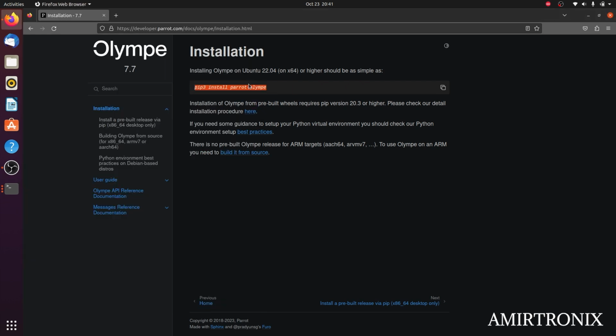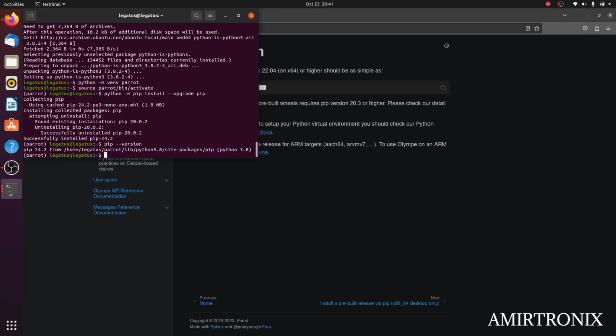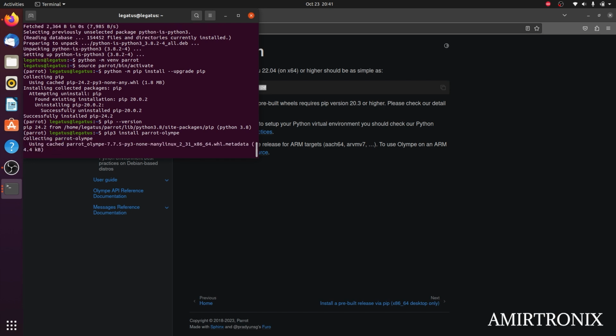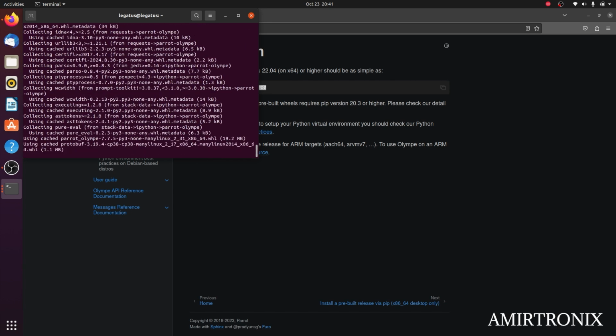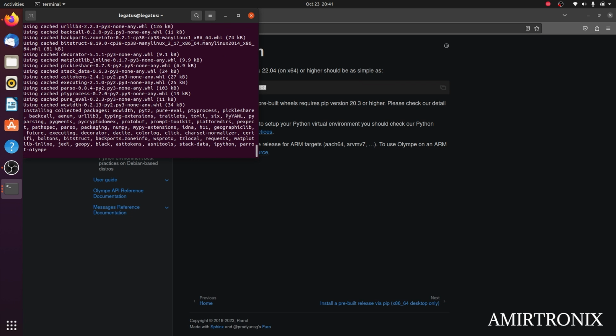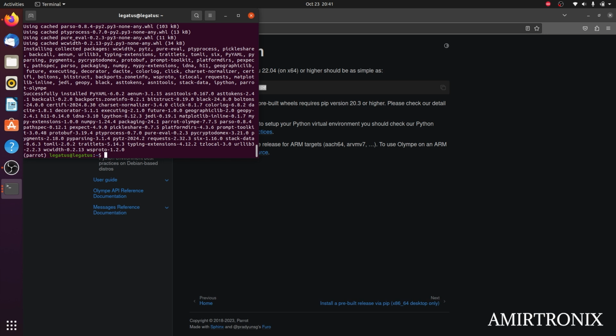Now that we have the latest version of pip installed on our virtual environment, you can simply go ahead and copy paste this command and install Parrot Olympe. It's going to take a few seconds to install the requirements. And once the installation is over, to verify the usage of Olympe, you can simply open up